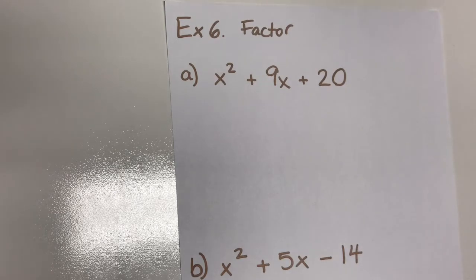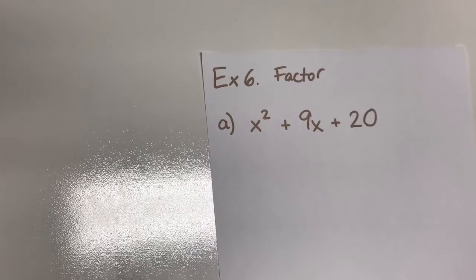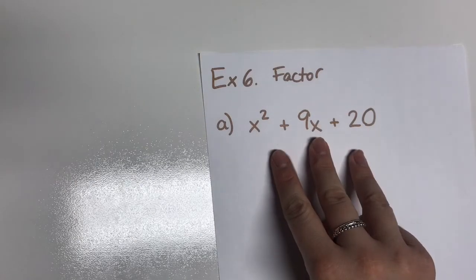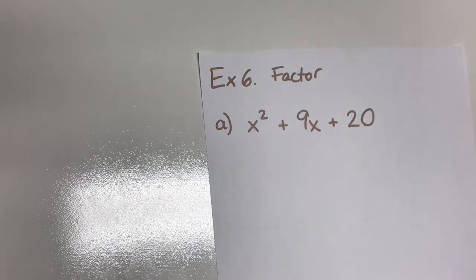Okay, so we looked at some examples of common factoring. Now we're going to look at an example where we are factoring a trinomial. This means that they don't have anything in common, but there is a way of factoring it so that it looks like two binomials that are being multiplied. Just like common factoring is the opposite of the distributive property, this would be the opposite of doing FOIL